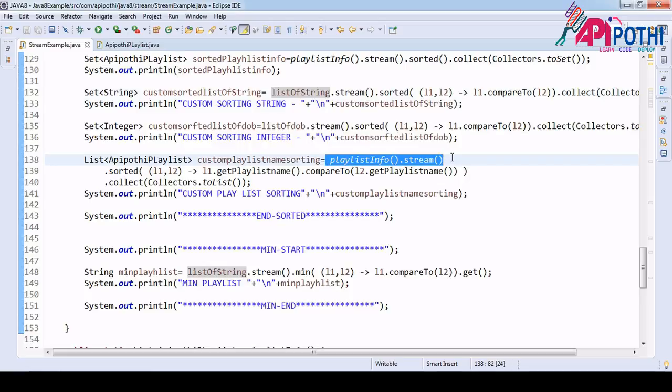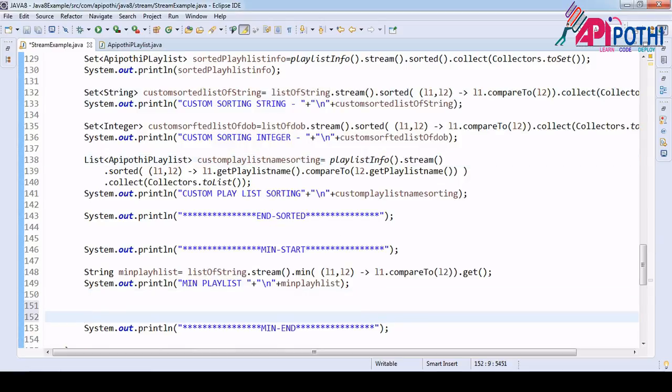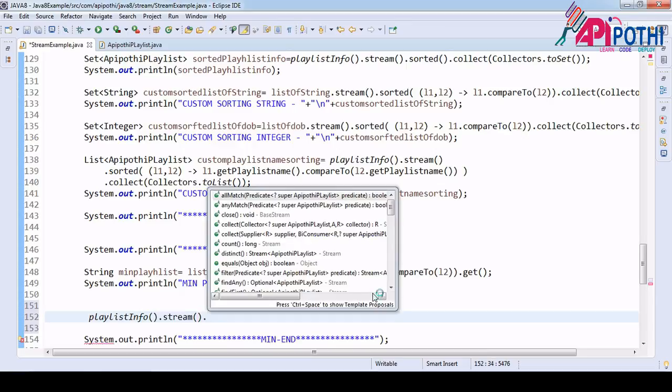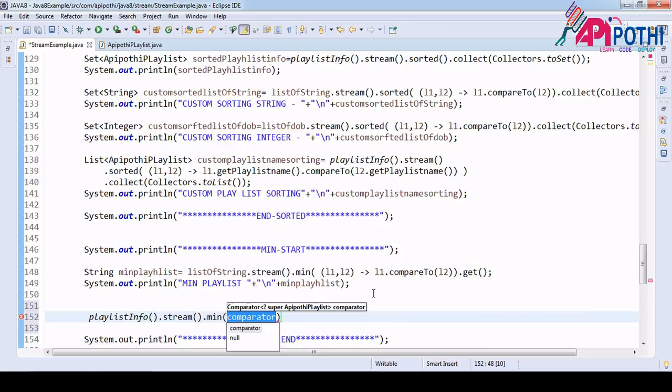This one is the custom object, right? This one is important anyhow, but okay, we are putting it into the stream. From here what we are going to do is get the minimum, right? So minimum comparator means two objects, right? So here L1 comma L2. Okay, now this stream has many data, right? Out of this one, which minimum do you need? Minimum object or minimum specific? So I need the minimum playlist name.